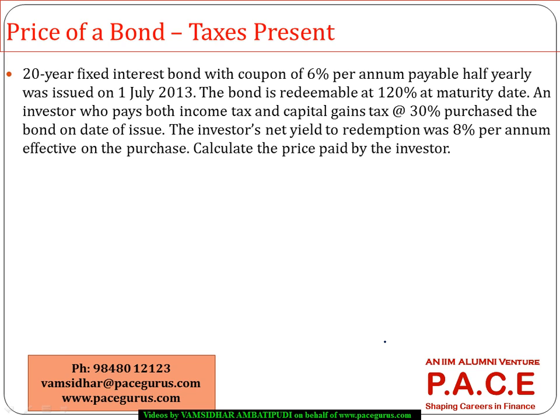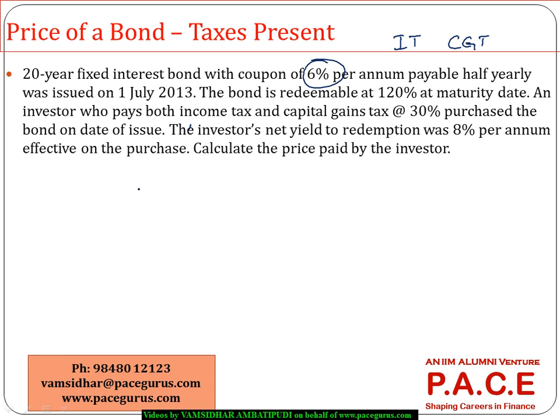Now let's look at one more example relating to the price of a bond when both income tax as well as capital gain tax are present on the bond. Now we are talking about a scenario where a 20-year fixed interest bond is issued with a coupon of 6% per annum